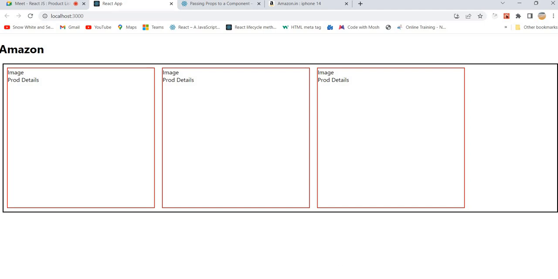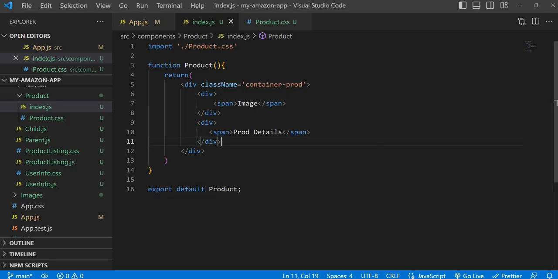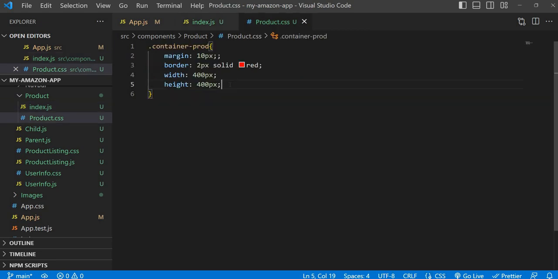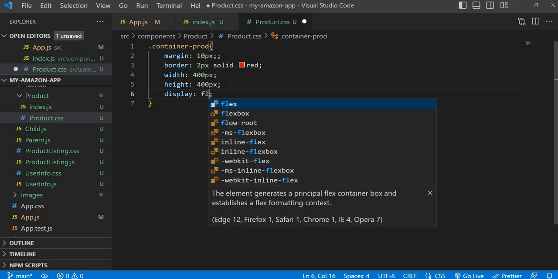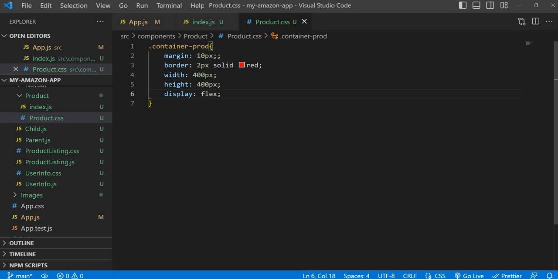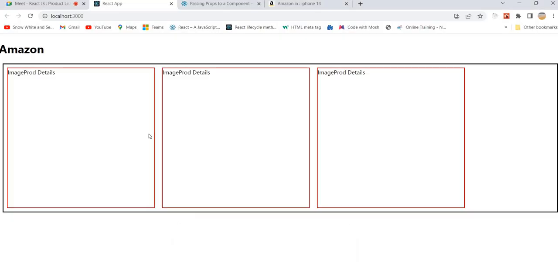For that, again, we can take help of flexbox, right? For this container, just provide the property display flex. So hopefully two things will come in the same row. If you see, it's coming. The image is coming on the left side and product details are coming on the right side. If you want to distribute equally, because the image should take half of the place and product details should take the other half,